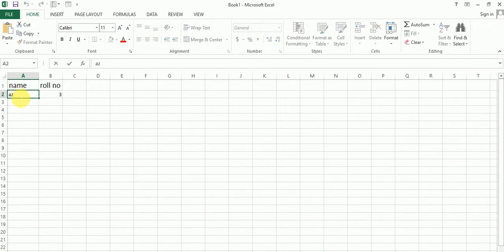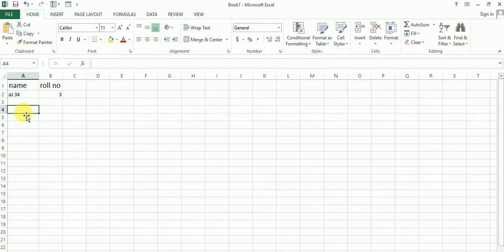Suppose you type in this cell alphabetical value together with a numerical value, then it's called two types of data. A cell means a particular box. So a field is a column in a database that has only one type of data.